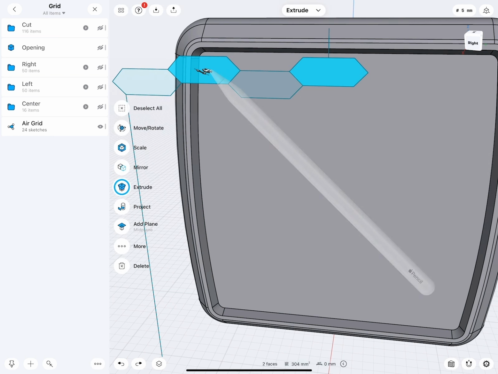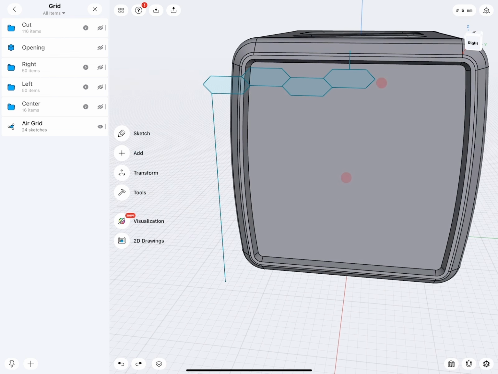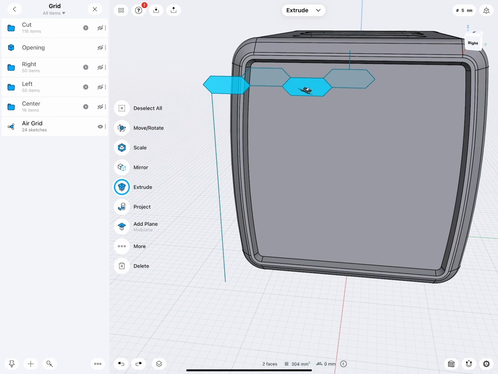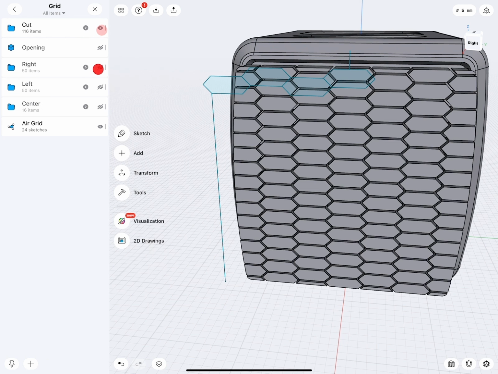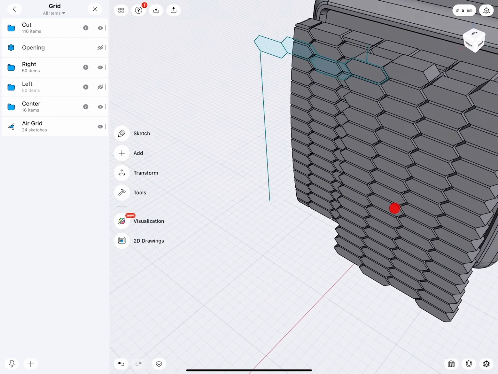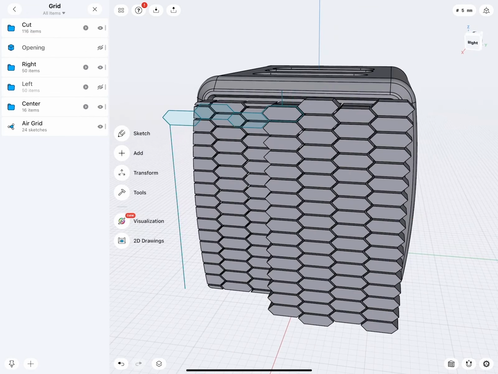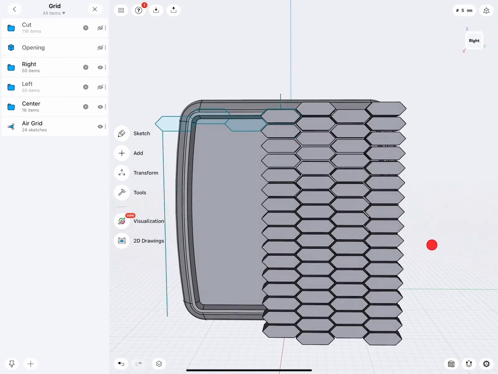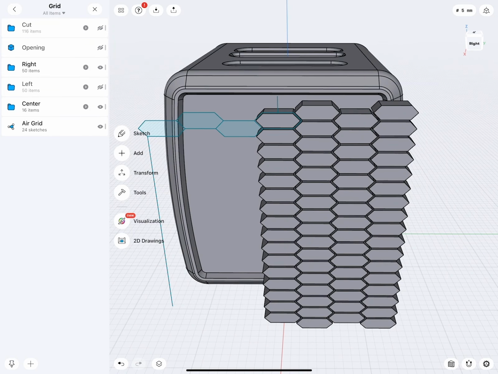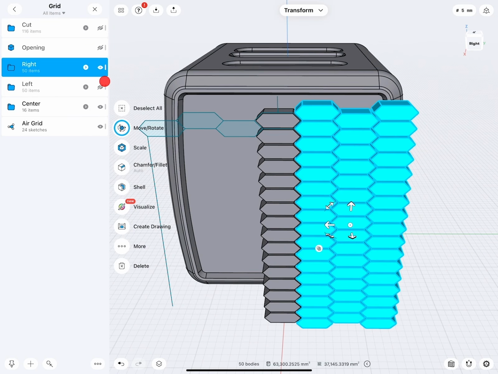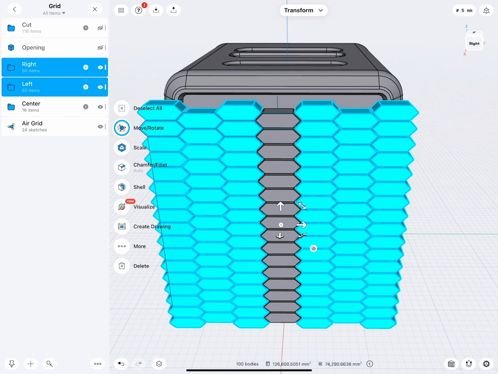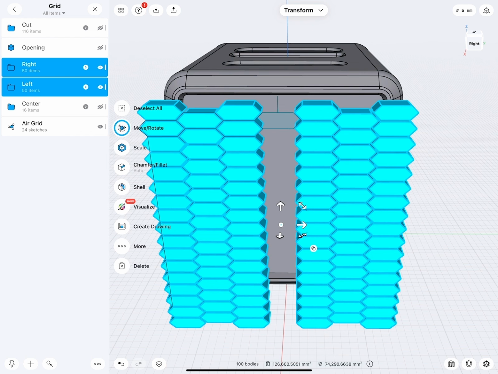And then I extruded these elements and then shrank them a little bit. And then I extruded these elements and shrank them. And then via copy and paste, I created all those individual elements. You see also here I only have 50% because then we just mirror it over. And also here you see I have left and right. These are all individual folders, so they're very easy to select.